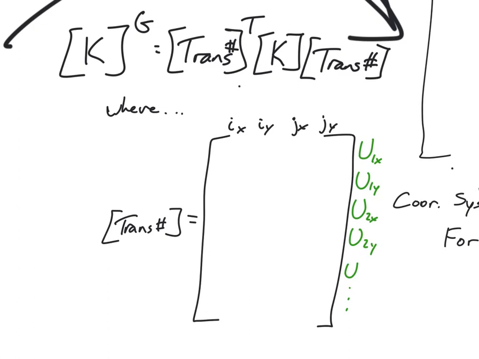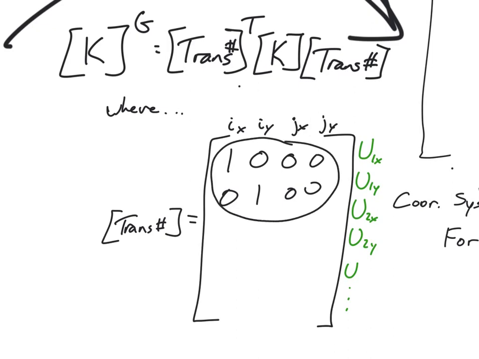All right, so then what do we put in here? What do we put in this matrix? So we got to be careful there. And so what we're going to do is we're going to put in wherever node 1 is, or node I is, we're going to do 1, 0, 0, 0, 0, 1, 0, 0. So let me put some additional text in for that. So this part here,